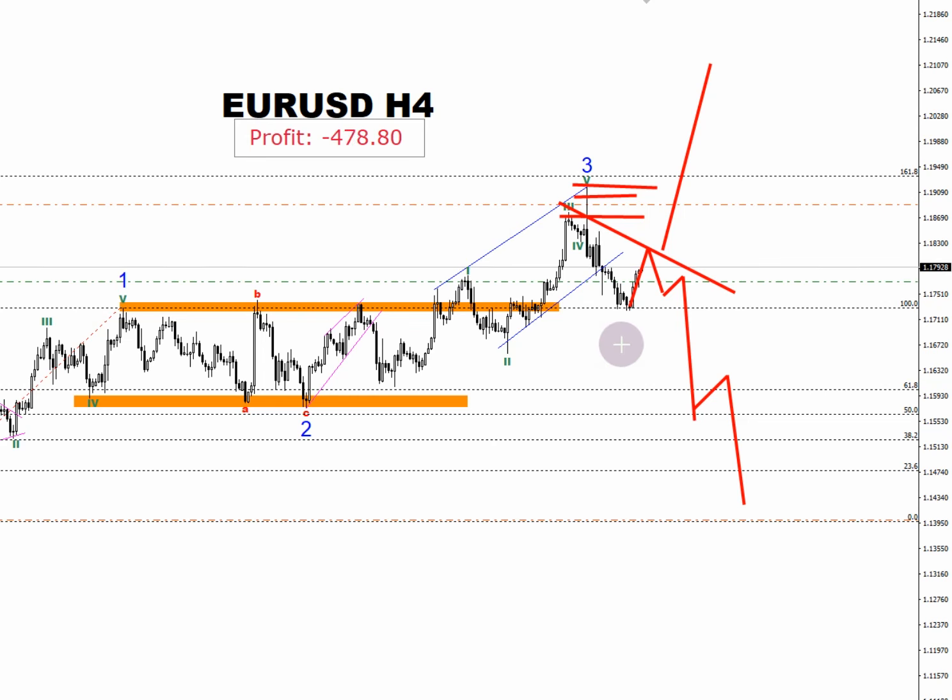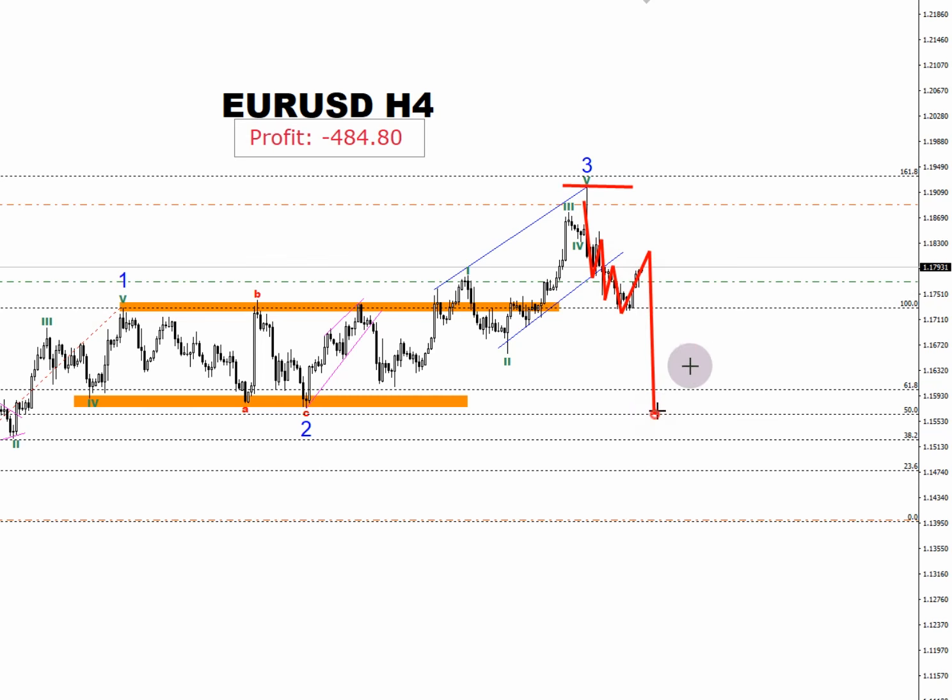the second subwave. This is crucial because if wave C begins from this point on the daily time frame, we would see a sequence forming 1, 2, 3, 4, 5, followed by 1, 2, and then progressing into 3, 4, and 5. This structure is essential for understanding the overall market movement and making informed decisions. And then the market could move in such a structure according to the daily scenario and regular type of correction. That's why, at this moment, it's quite a complex decision to make with many factors to consider.